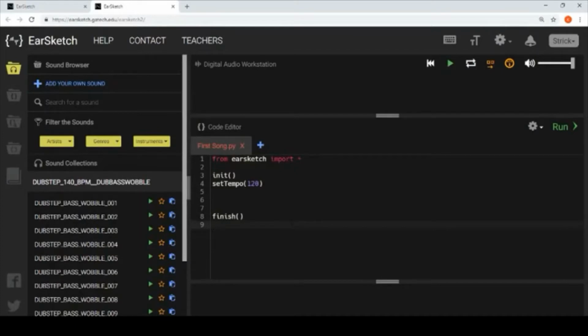For starters, we're going to make something called a list. A list is a programming structure that is like a variable, but it has multiple data inside of it, multiple values inside. So we start that off by going right here under set tempo, which if you are musically inclined, you know set tempo. Tempo is the speed that the song goes at, basically. I'm going to use a lot of, any music theory nerds out there, I'm going to use a lot of terms that are very